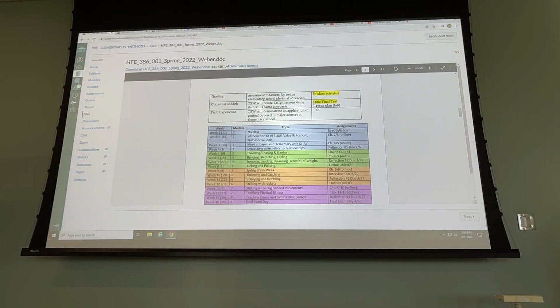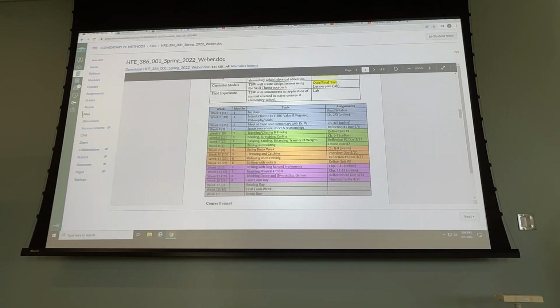And so we'll talk about space awareness, effort, and relationships today as it applies to the skill themes. The skill themes are movement concepts, and these concepts and skill themes can be used over a long period of time or units. Okay, so you might have 3 to 4 weeks of space awareness, effort, and relationship for kindergartners on their first month of class. And then you might go into traveling, chasing, and fleeing for 3 weeks. And then it might be bending, stretching, and curling for 3 weeks. Then you go into jumping, landing, balancing, and transferring of weight. And so you can use these themes for your skill units that you teach, okay?